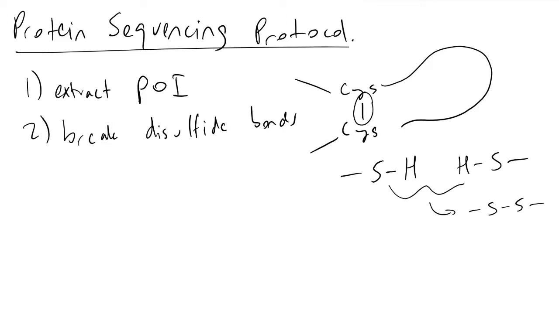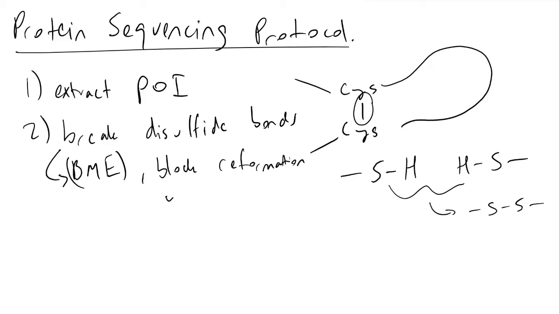The way we break the disulfide bonds is with something referred to as beta-mercaptoethanol, abbreviated BME. So BME breaks the disulfide bonds, and then we want to block them from reforming because, remember, it's a spontaneous process. We block the reformation with DTT. And DTT stands for dithiothreitol. And what DTT does is it alkylates